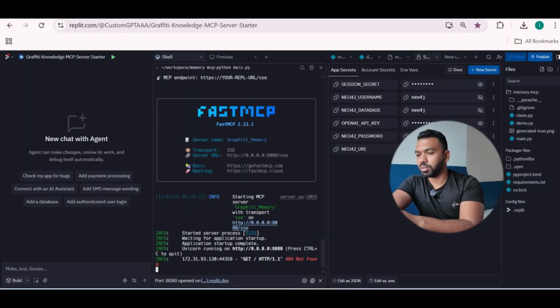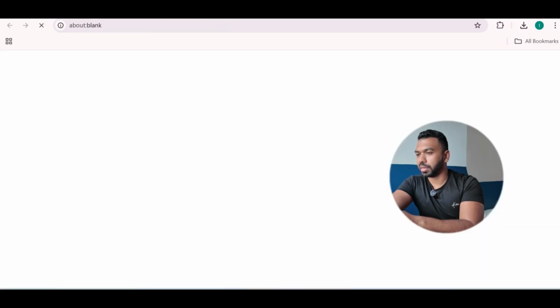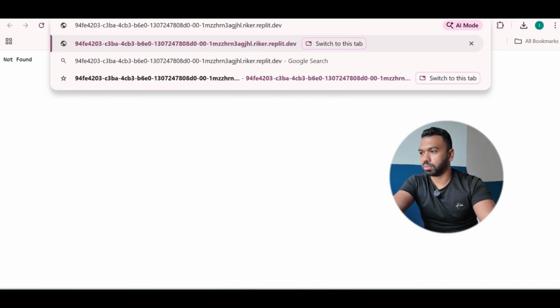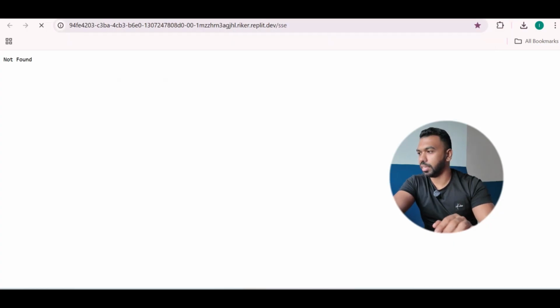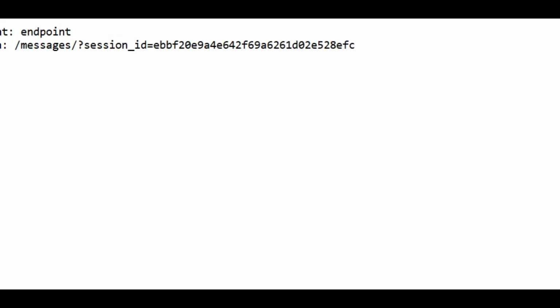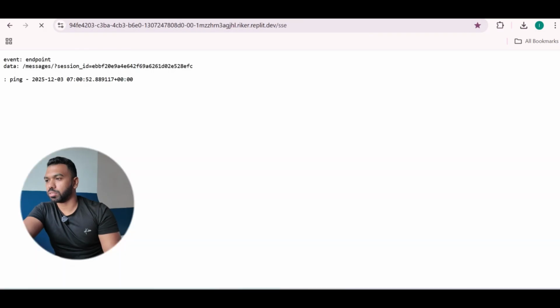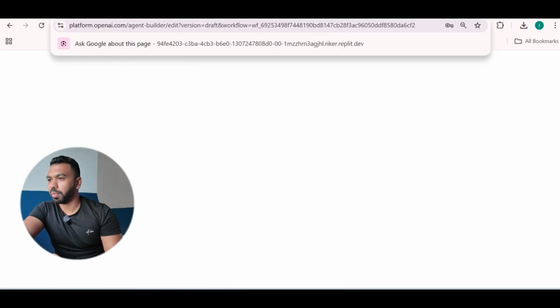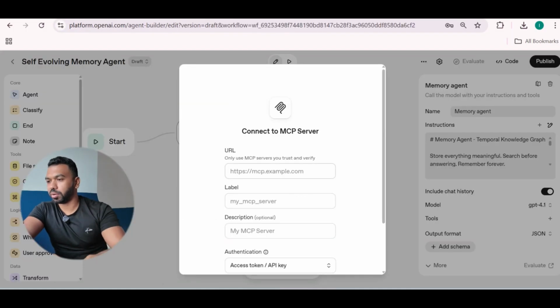So once this is running, you just have to click on the link where it's running and click on preview, then open this up in a new window. You're just going to do /SSE, and you're going to see this message right here with a session ID. So your MCP server is live. So you just go ahead and copy this link, go back to Agent Builder, and then you're going to plug in this link,